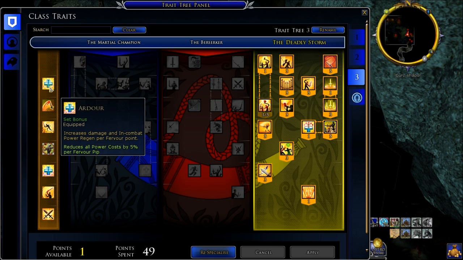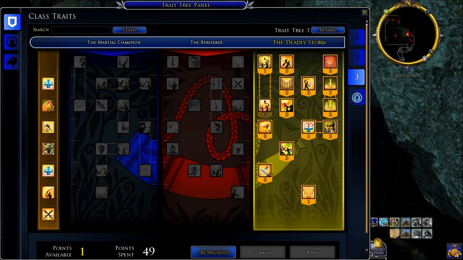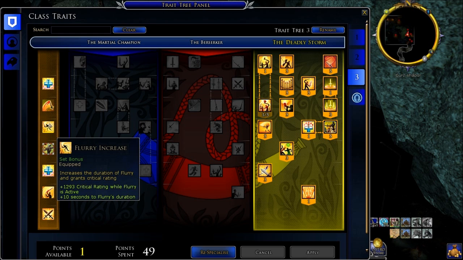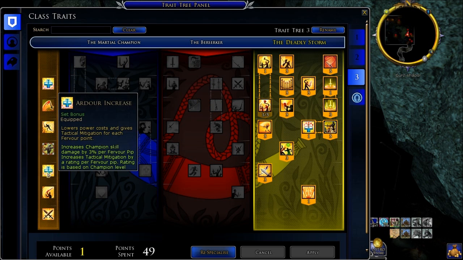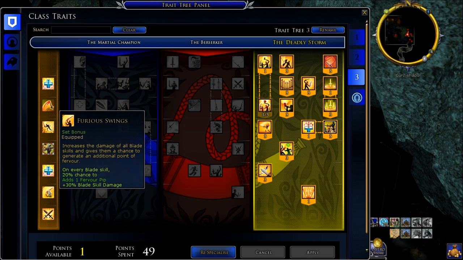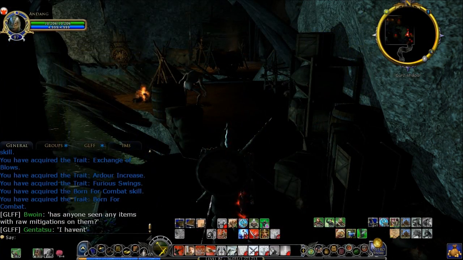As we can see in these bonuses, reduces costs, Rend's bleed now stacks 5 times, increased criticals for Fury, 50% damage returned to the enemy, increases champion skills. And reminder, this is all beta stuff, so it's obviously subject to change. And then this one's probably a really good one. It's called Born of Combat, and it comes up every so often, and it actually allows you to do a very powerful AoE